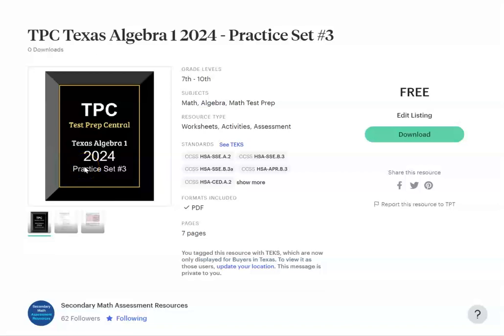Welcome to TPC Texas Algebra 1 2024 Practice Set 3. This is the third in a series of 5 practice sets, and these have been modeled after the Texas 2022